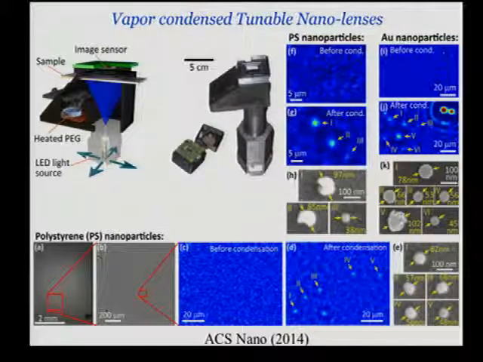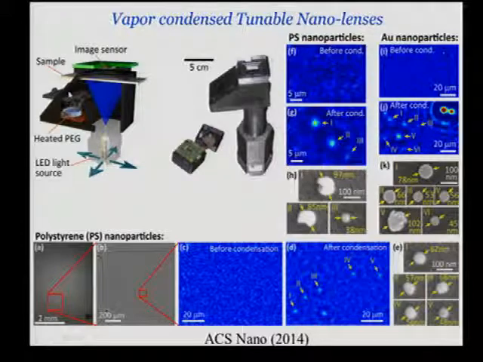This is actually a field-portable design that Dr. Ewan McLeod, who is right in the middle, has created. It's a platform which, over the same field of view, can look at particles as small as 40 nanometers and as large as a few hundred microns, a huge dynamic range in particle size and particle density, which is quite unique. In terms of looking at nanoparticles or microparticles in air or water, this kind of interface is quite unique because it can handle a large dynamic range in size and density in a field-portable implementation.